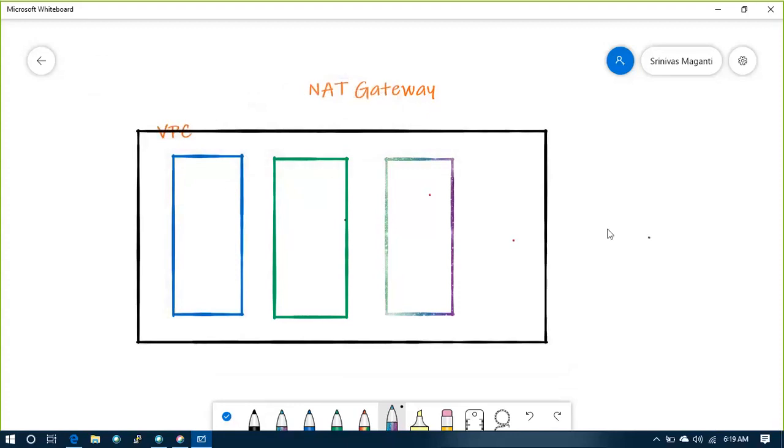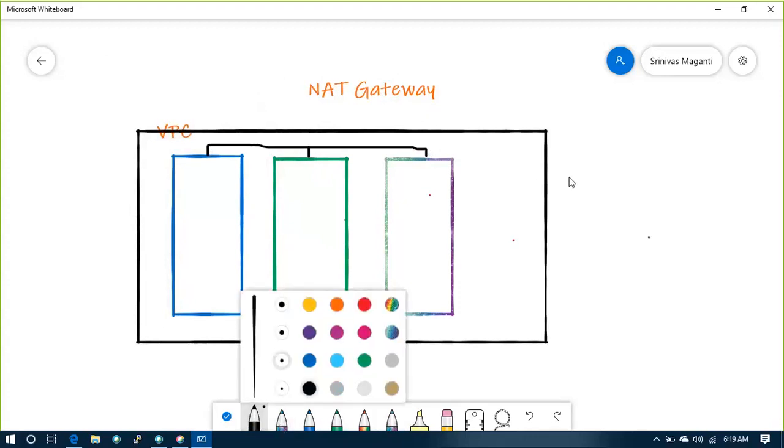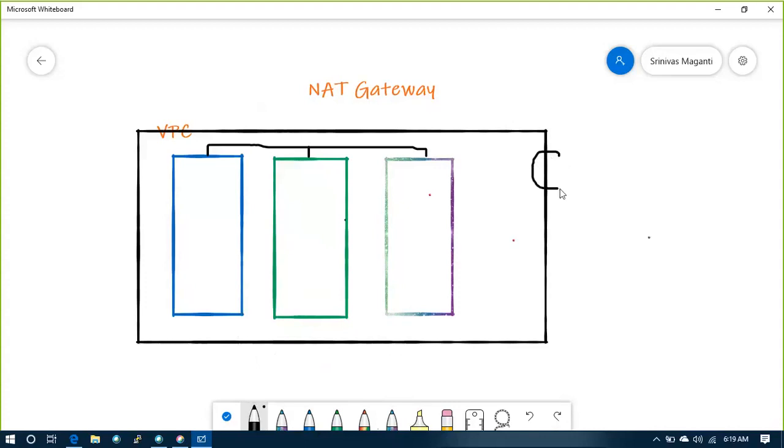Okay, let's see. I'm saying all these are interconnected, and if you want to use this from the external world, you'll have to deploy an internet gateway here, right?